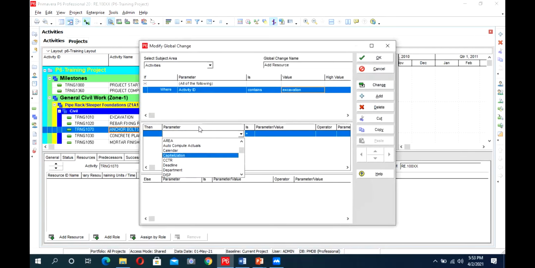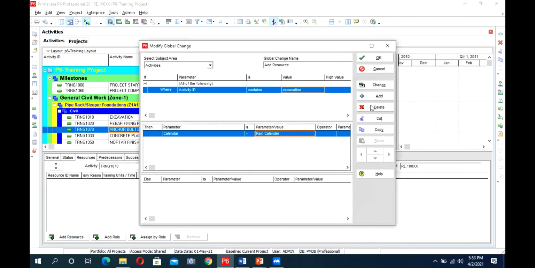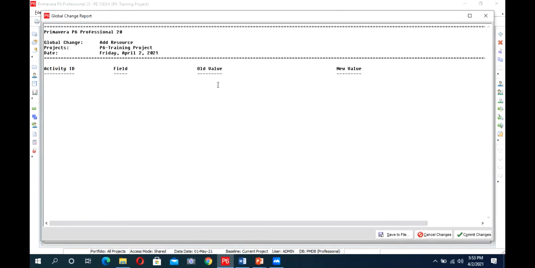We assign that its calendar is equal to rain calendar. So from here, when we run this command, change, what will happen?